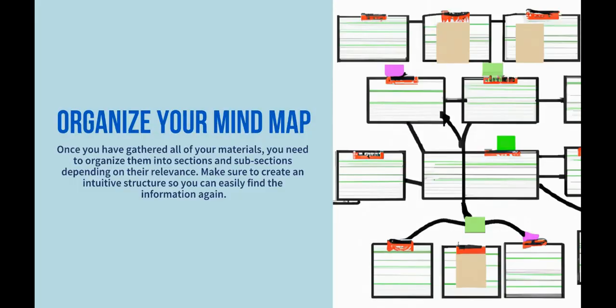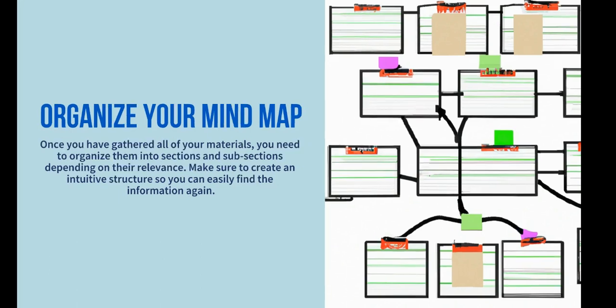The next step is to organize the mind map. Once you put together all of your materials, you're going to have to decide how to organize it into sections and subsections. Some are going to be more relevant to you than others. So what you want to do is to create what we would describe as an intuitive structure. You want some way to be able to think through it and say, all right, within torts, for example, I've got a section on negligence,